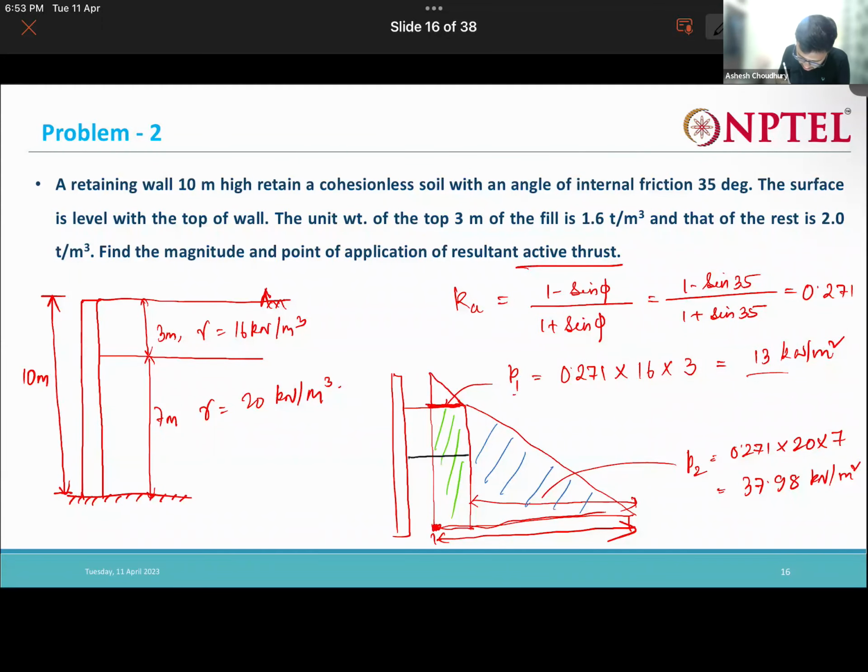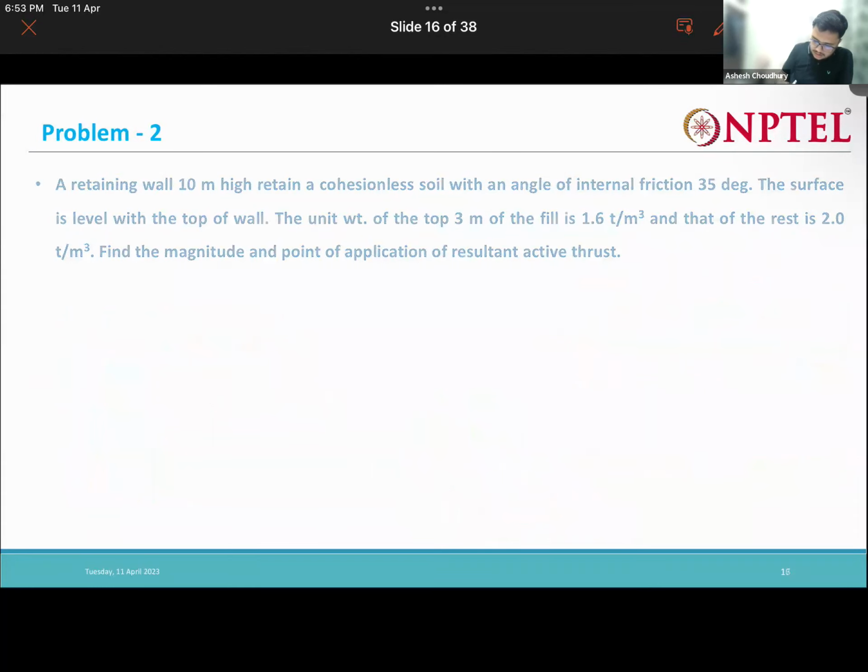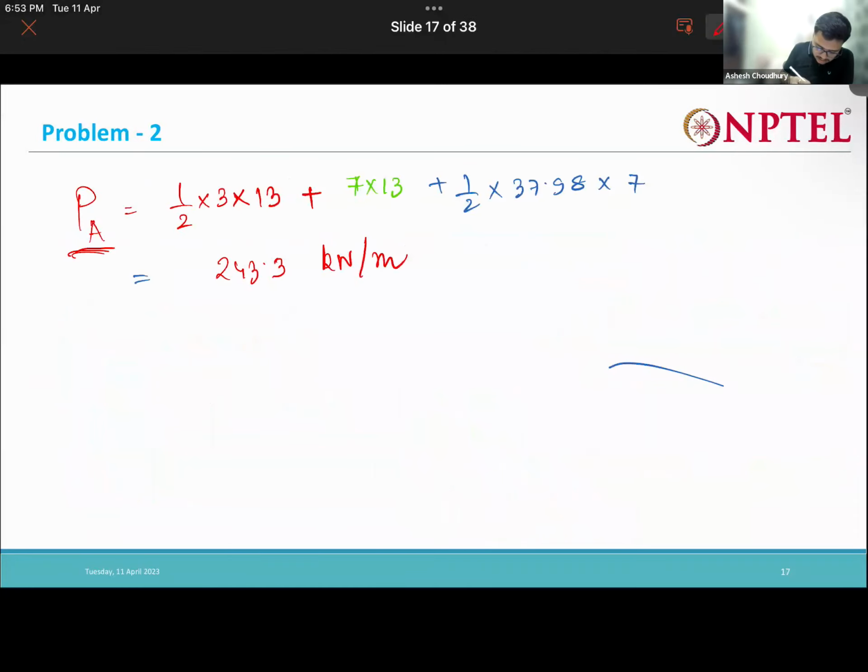Say this total PA is acting at some height Y. So this Y will be nothing but